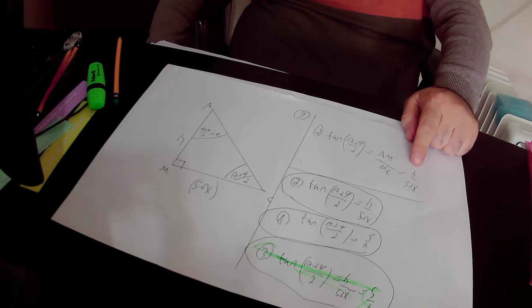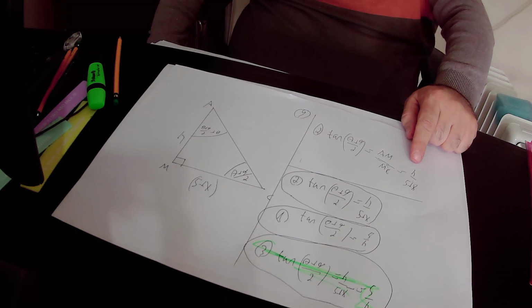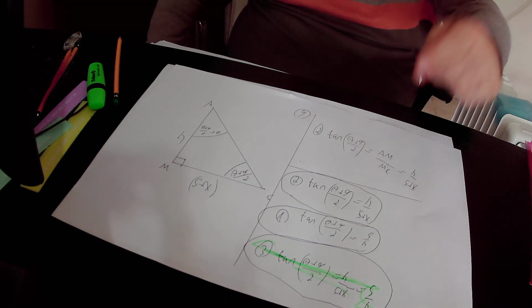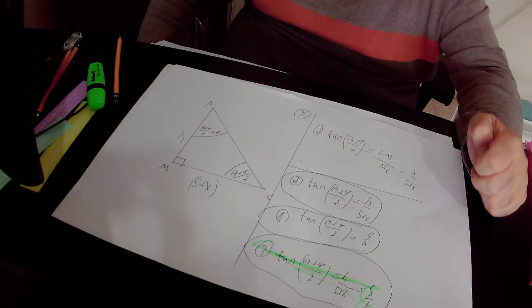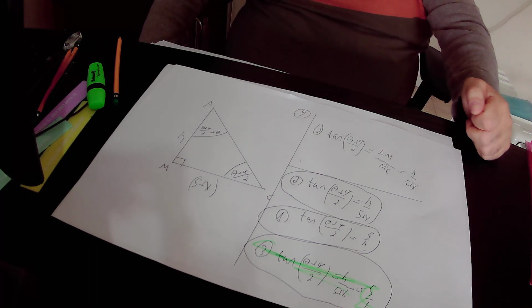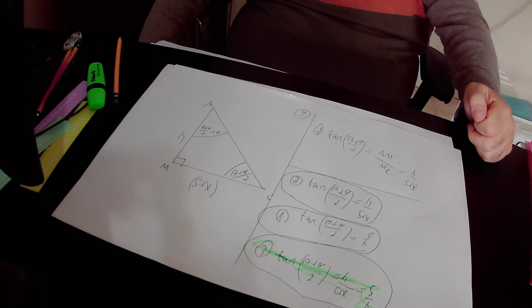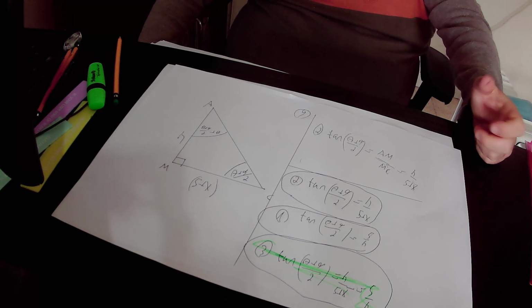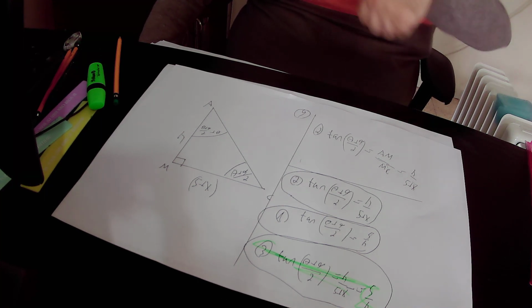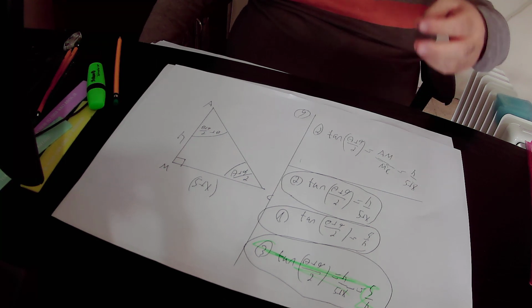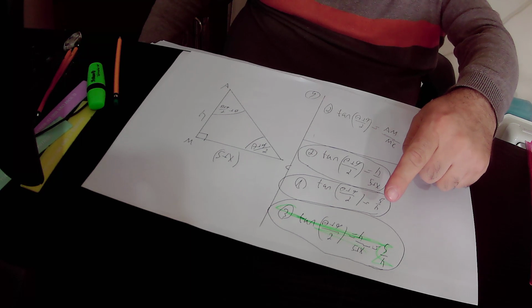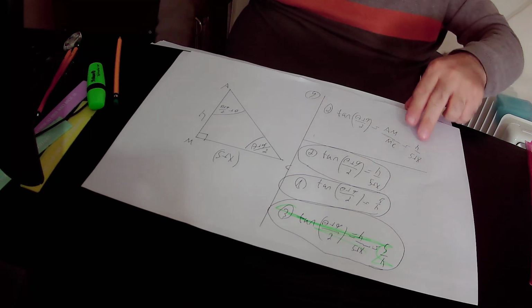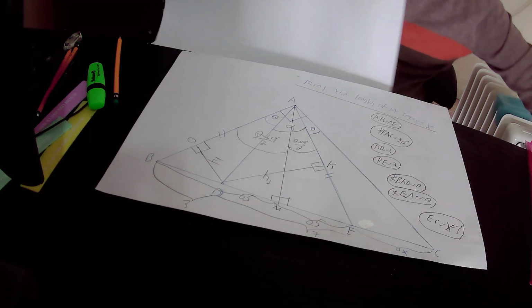So according to equation number 2, tangent of (theta plus alpha over 2) equals H over 5 plus X. And according to equation number 1, we have already found that tangent of (theta plus alpha over 2) equals 5 over H. So we combined equation number 1 with equation number 2, and in this way we created equation number 3. According to equation number 3, tangent of (theta plus alpha over 2) equals H over 5 plus X, and that equals 5 over H. Okay, then we have,